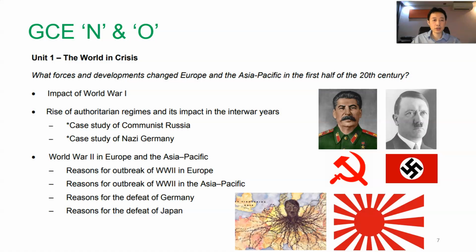In terms of content, all GCE N-level and O-level students will study Unit 1, The World in Crisis. In particular, you will study what forces and developments changed Europe and the Asia Pacific in the first half of the 20th century. The topics include impact of World War I, rise of authoritarian regimes and its impact in the